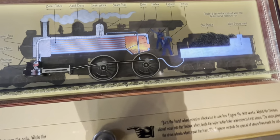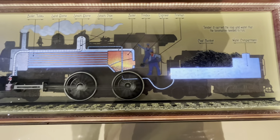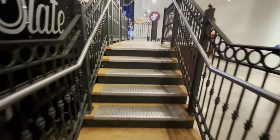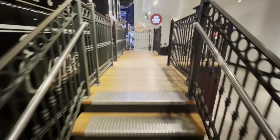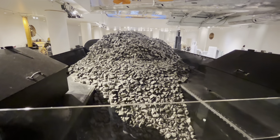Turn this crank and it shows the men having to shovel coal into the furnace constantly to keep the steam engine going. Go up inside the train now. Get a vantage point from the engine room. So this engine was actually in service up until 1952. That's how long the trains were powered by coal. In fact, my great uncle worked in the railroad industry and was around when that switch was made from steam-powered